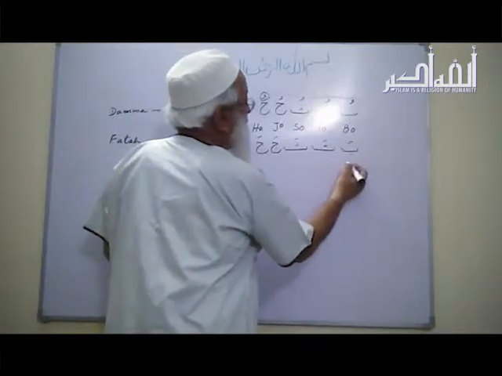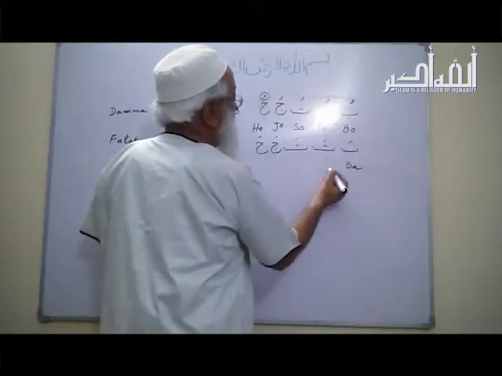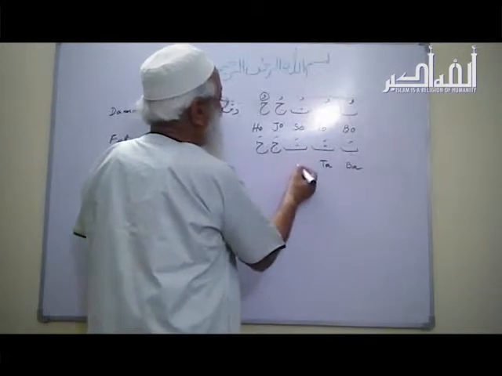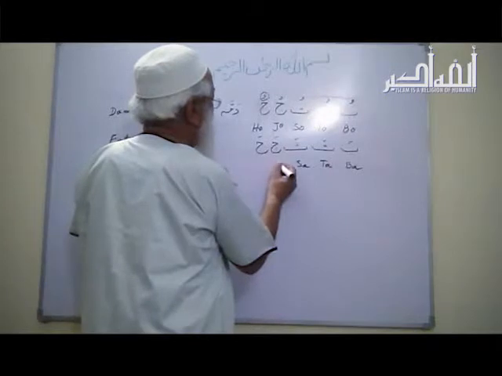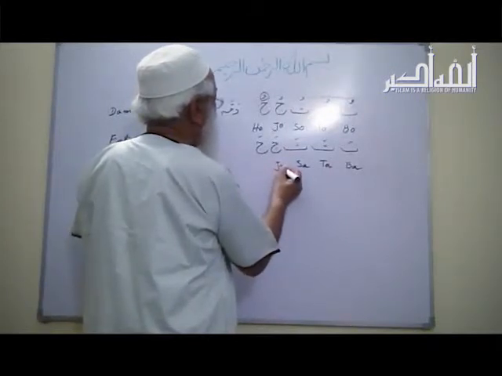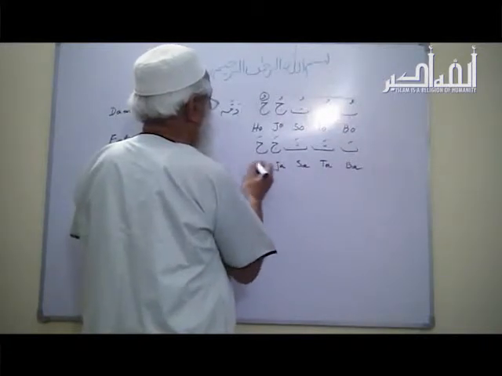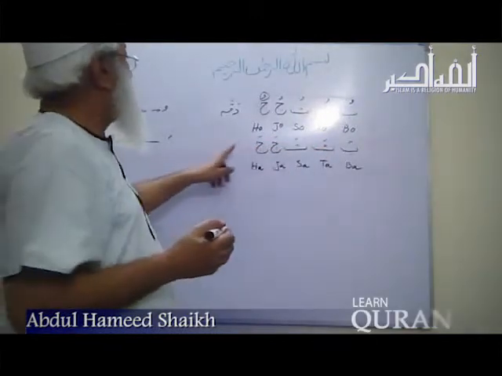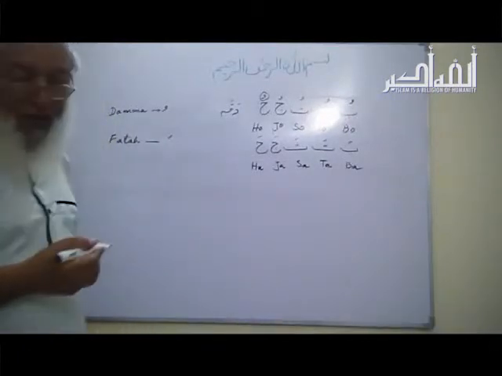Ba. B, A, Ba. This is Ta. This is Sa. This is Ja. This is Ha. So this is the way we can pronounce when there is the sign of Fatah on the letter. And the third one is